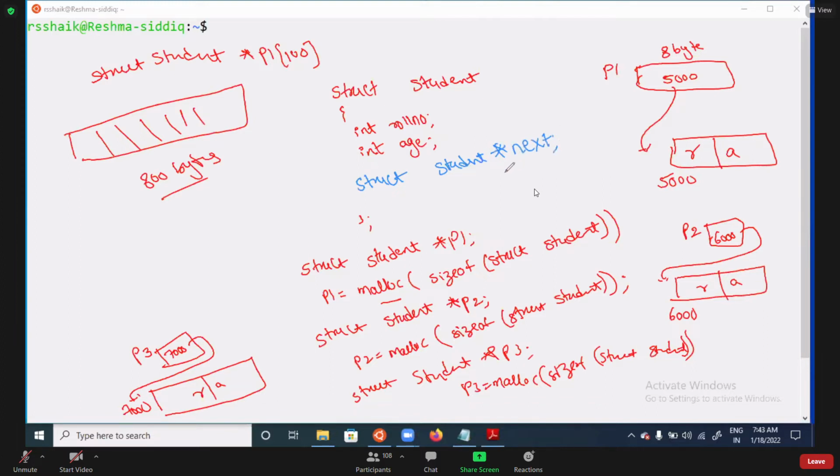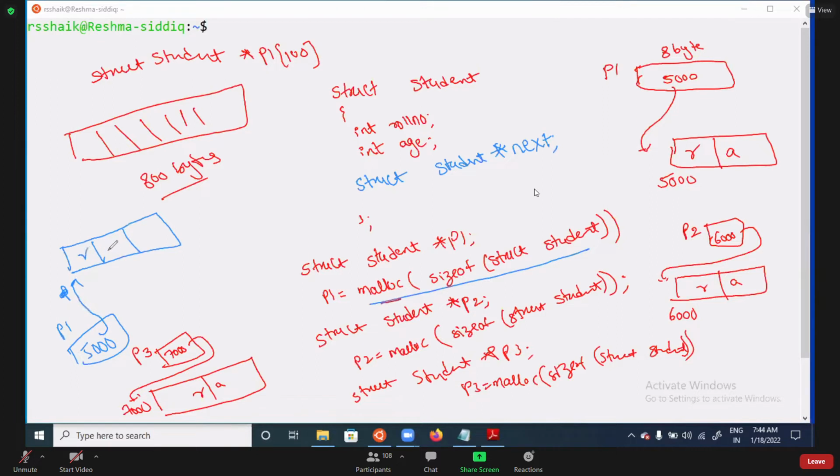Any name you can take; I am taking it like this. Then what will happen? Whenever memory is created by using the malloc function, here p1 is a pointer holding the 5000 memory.